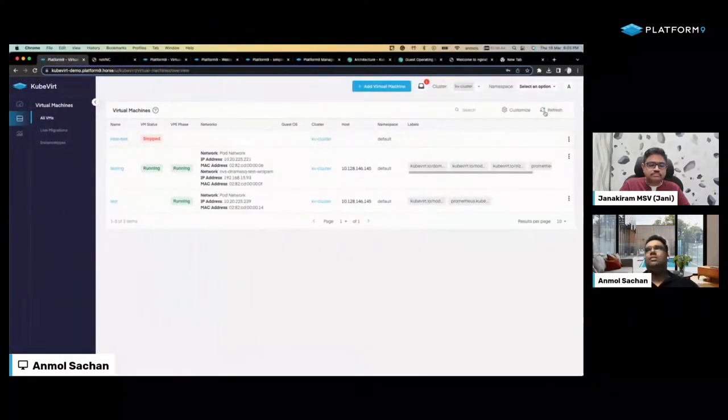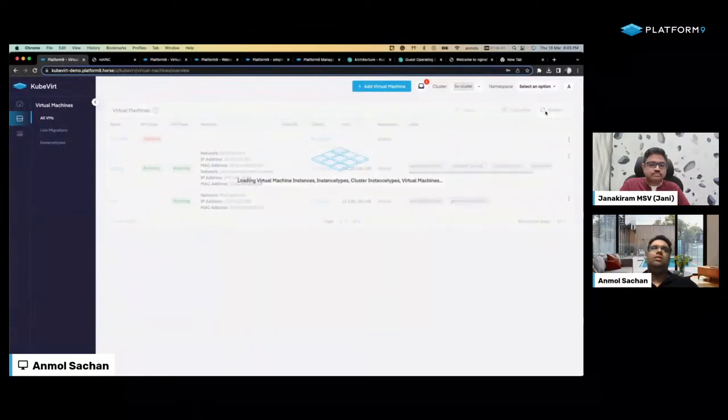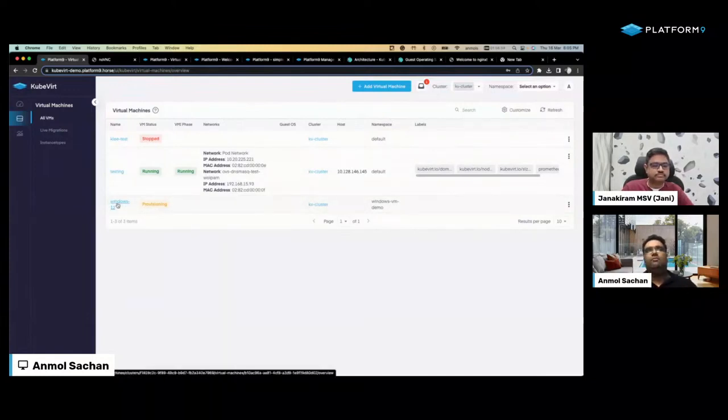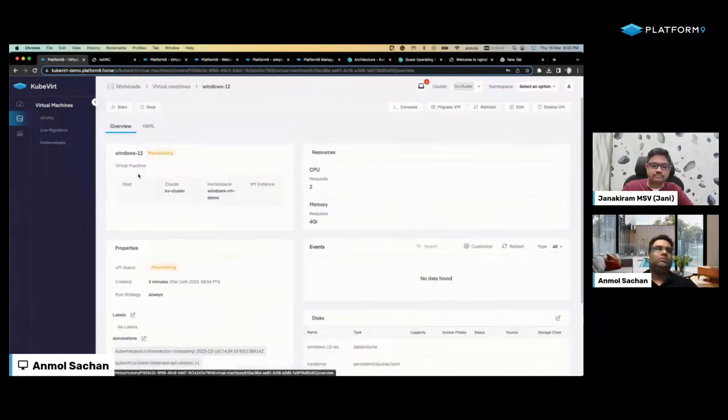So let's quickly go back to the UI and see if the virtual machine appeared here or not. If you see, the test VM is gone because we deleted it a minute back, and now the Windows machine is trying to get provisioned, right? By the time this virtual machine gets provisioned, because it'll take a few minutes since it's going to pull the Windows image from over the internet, let's quickly look at how someone can use this Kubernetes and Kubevirt